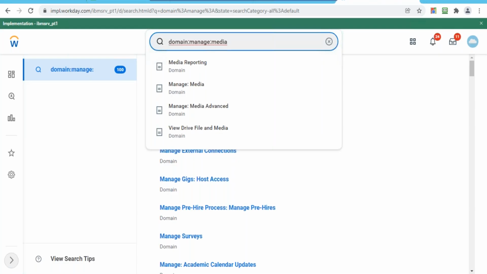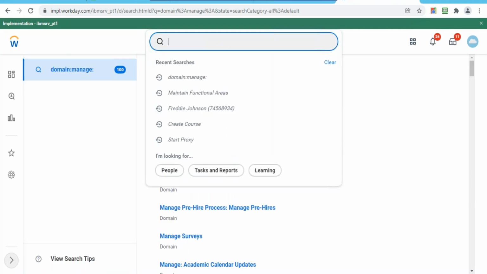Whatever you want to perform in Workday is completely task based. So you need to access that particular task in Workday. Let's say you want to create a report. You don't know what task is there for creating a report. You just enter